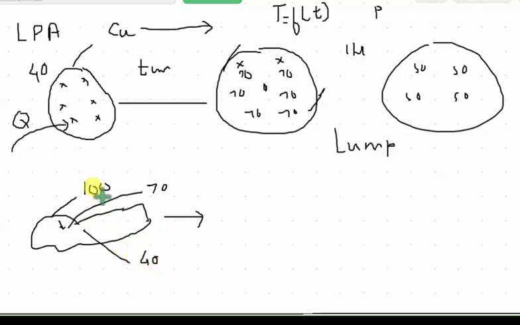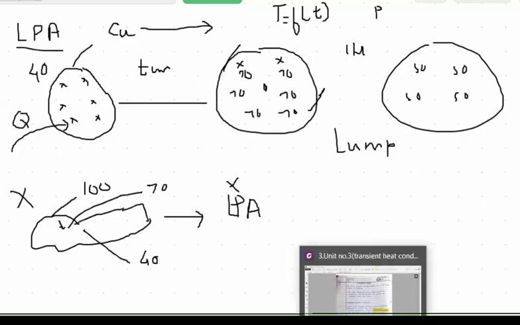So here what is happening? The temperature is changing with respect to position. So this is not lump parameter analysis. For lump parameter analysis, what should be your condition? That your temperature should only change with respect to time, but with respect to position, the temperature should not change. But for the example of chicken, the outer part has some temperature, the inner part has some temperature, and the center part has some temperature. So lump parameter analysis you can't apply for this example.